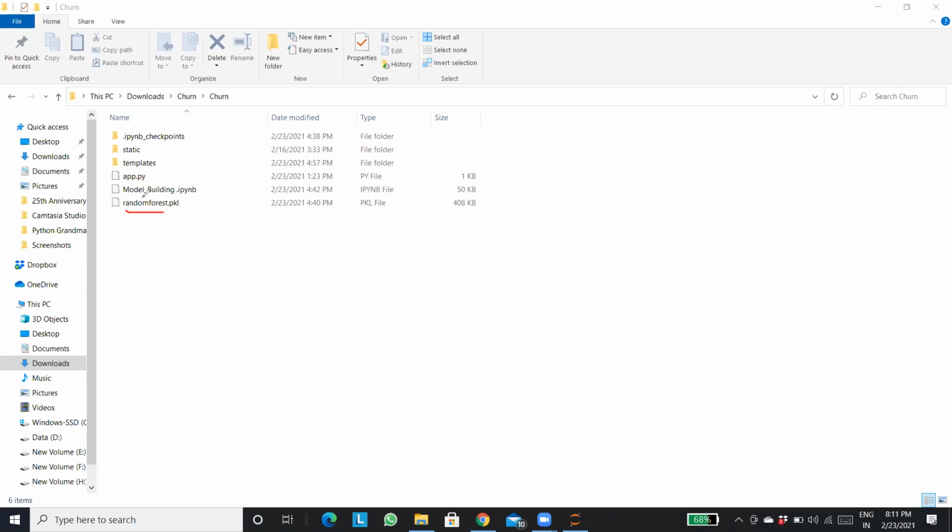It's not the clean one. It's the model. It's the pickle model that we saved. I'll show you how we saved it, and it was shown to you in the previous session as well, but still I'll show it to you. This is the notebook that we created, model building.ipynb, the last notebook that we created in the previous session. Am I correct?